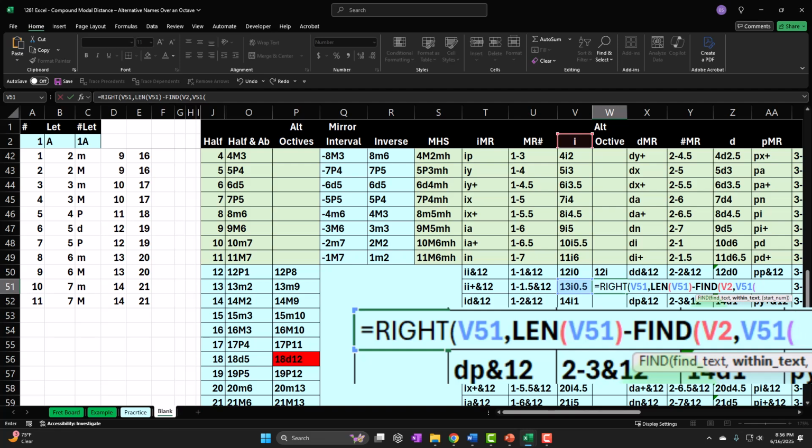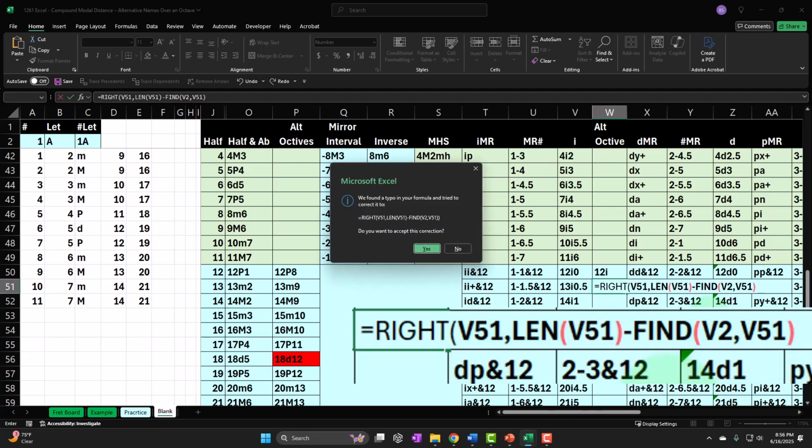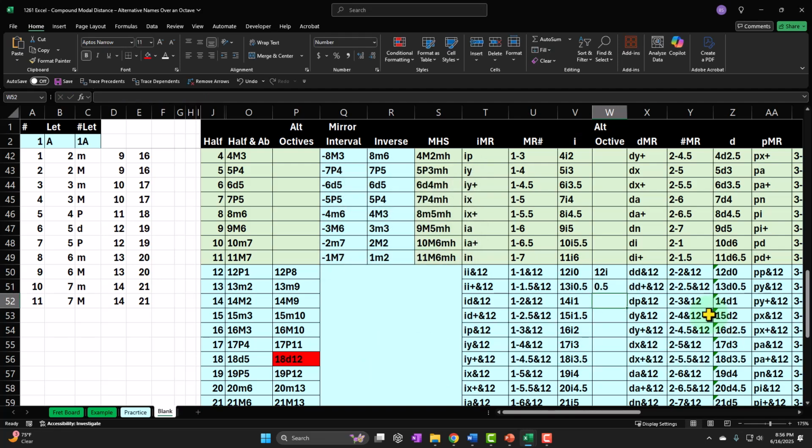Oh, hold on a sec. Everything after the I. Let's see if it does that. So there it does it, right? So that gave me a 0.5. Great. So now I just want to take that 0.5 and add to it